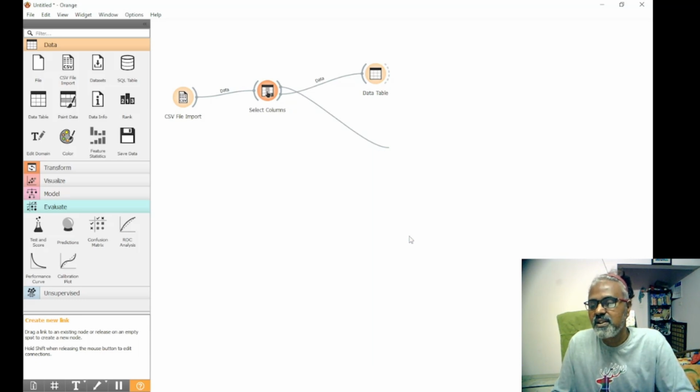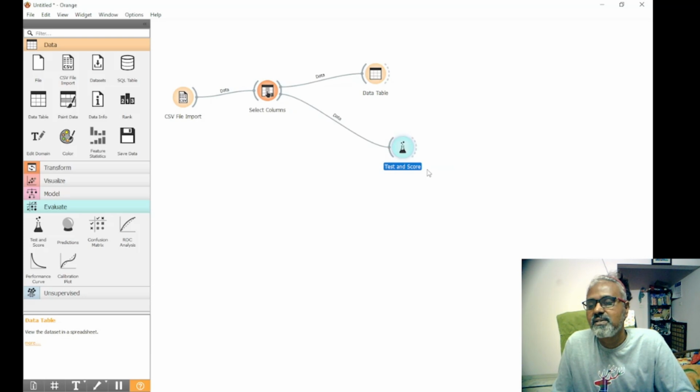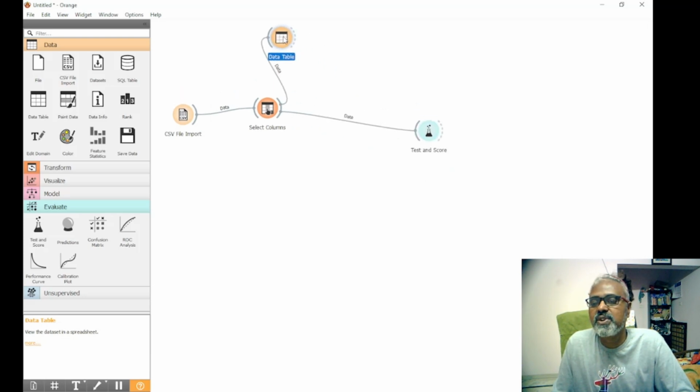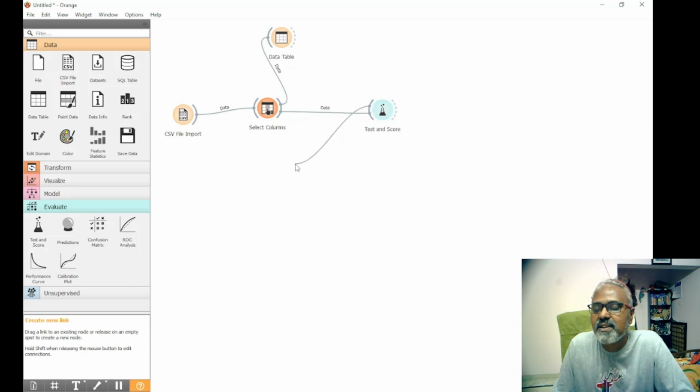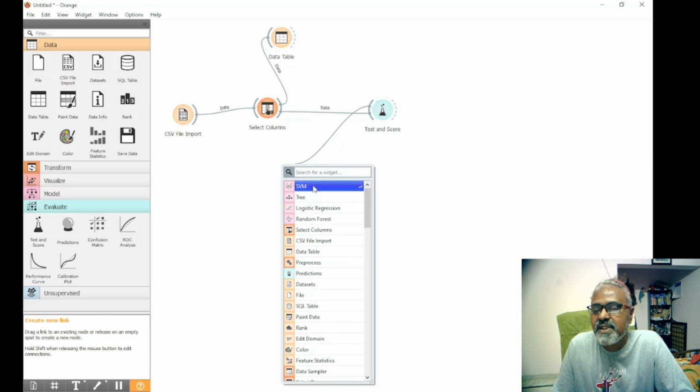There you go, test and score on different models. Let me pull it there. So the models which we want to use are SVM, random forest, tree, and logistic regression. So I pull back and add a SVM,